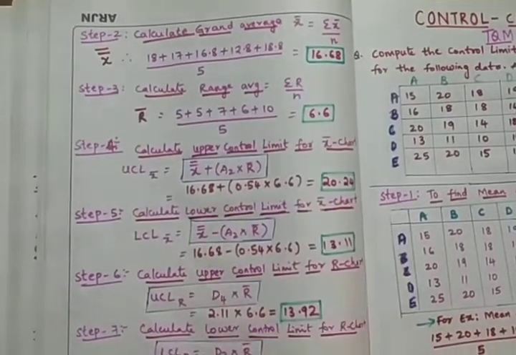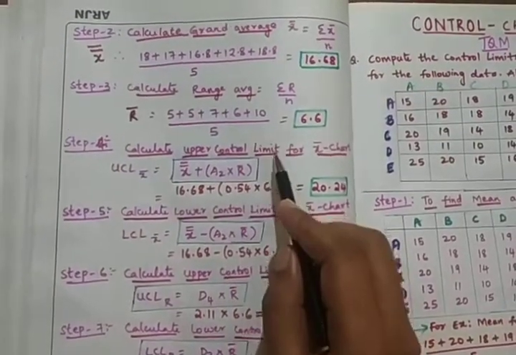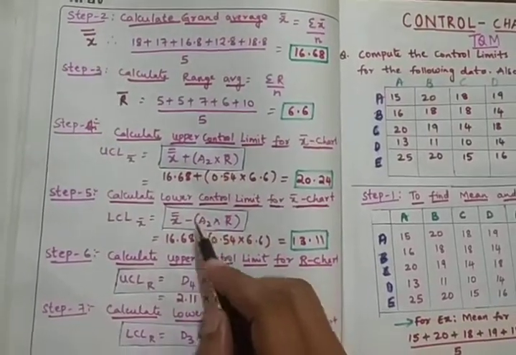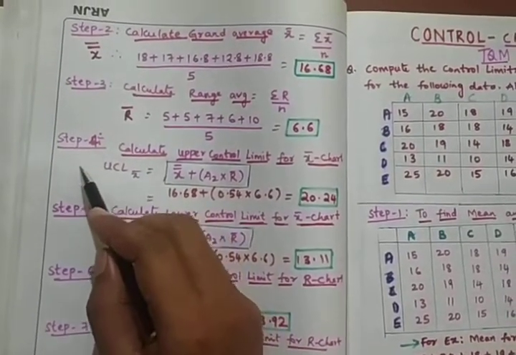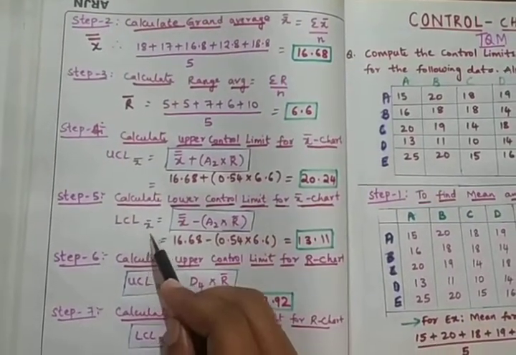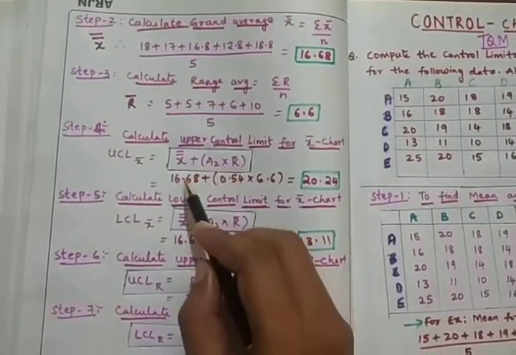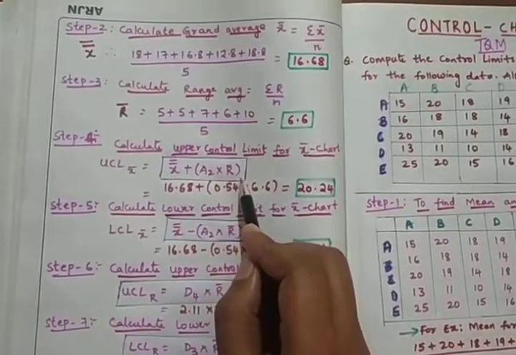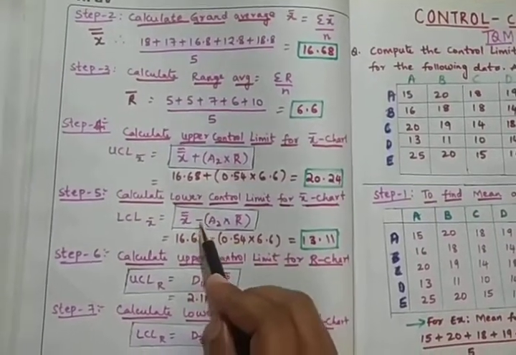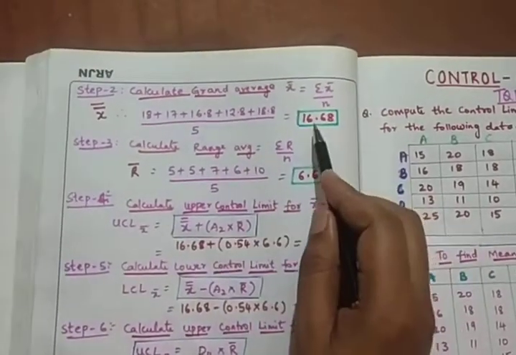How to calculate the control limits? You have two control limits, one is the upper control limit and the second one is the lower control limit. So for both X bar and R charts you need to calculate UCL and LCL. For X bar, as the first step I will calculate for the X bar chart the upper control limit for X bar and the lower control limit for X bar. For this I have highlighted the formulas. X double bar plus A2 into R bar is the formula for UCL, whereas for LCL just the sign changes, instead of positive you will have a negative sign.